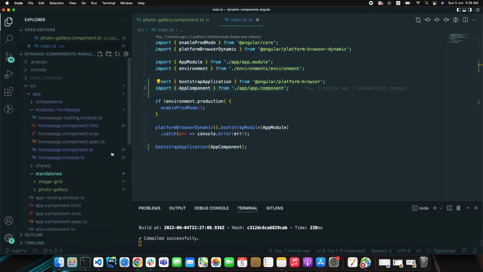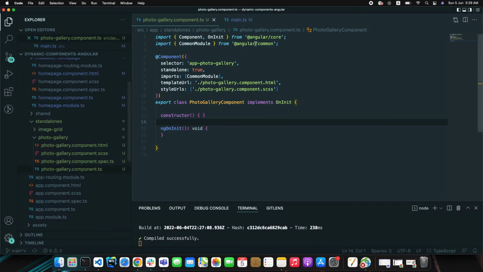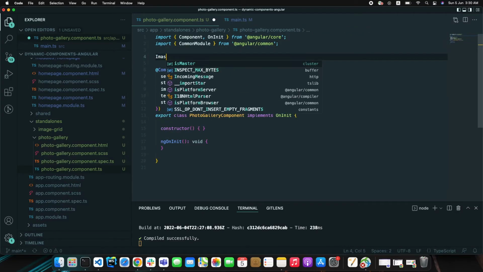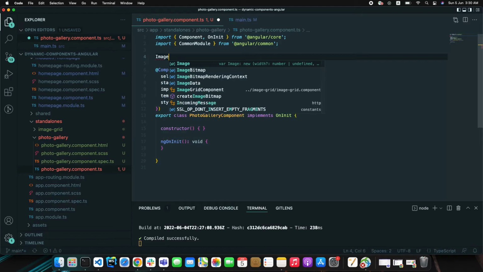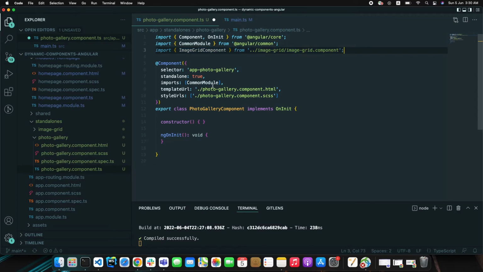Because my main standalone is being used, which is a photo gallery. Now this is another standalone. I want to consume that inside my photo gallery. So simply what I have to do is go inside my photo gallery component. Here I am going to the image grid component. I can import that one, and I can simply add that other standalone in the imports of my photo gallery